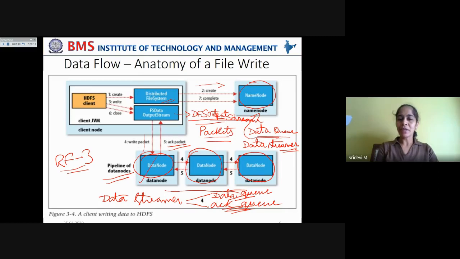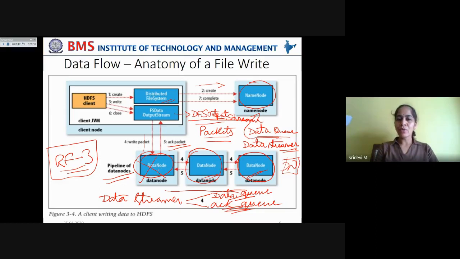Now, because this data node failed, there are only two copies of the blocks written onto the data nodes. In this case, there is under replication because the replication factor is 3, and the block copies are only 2 here on the 2 data nodes. The name node further takes care to replicate it back to 3 by writing it onto another data node.